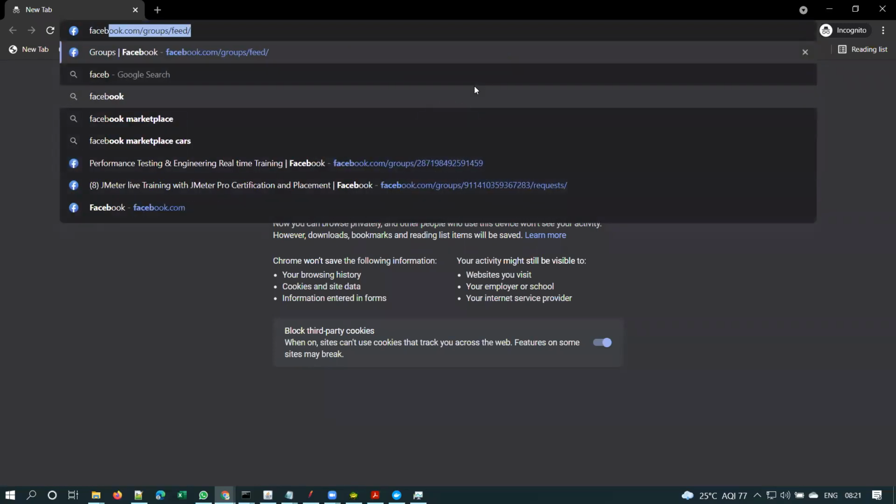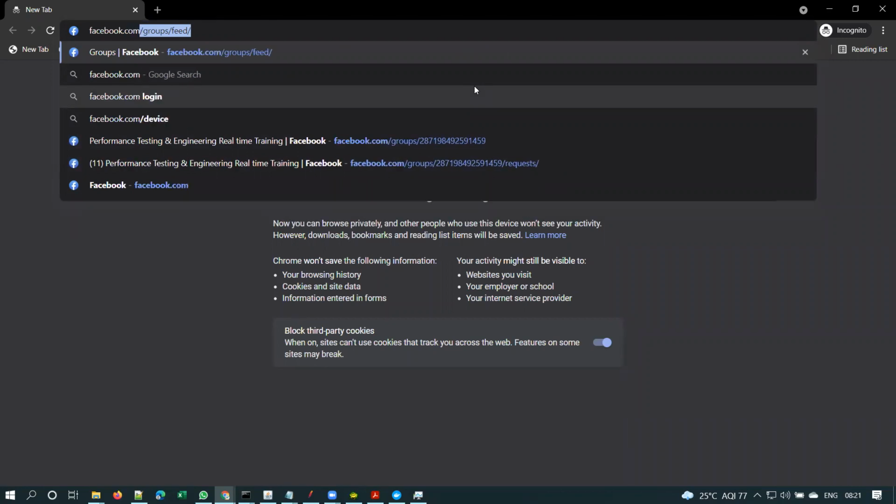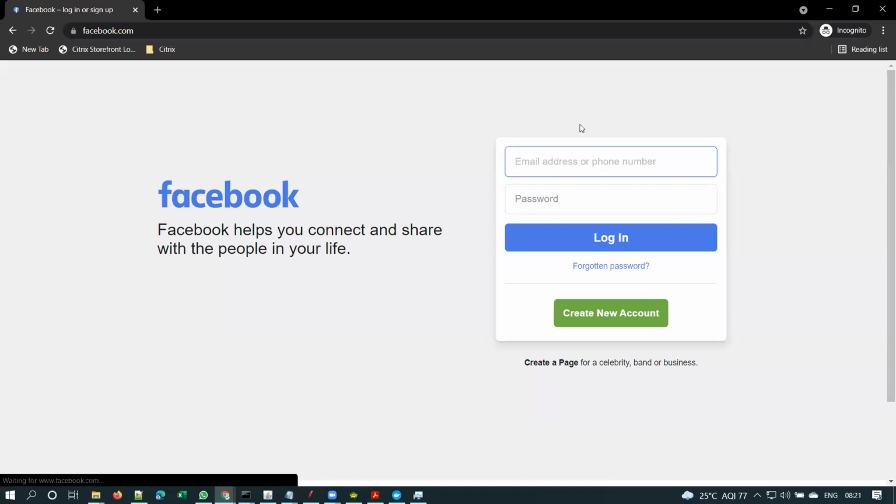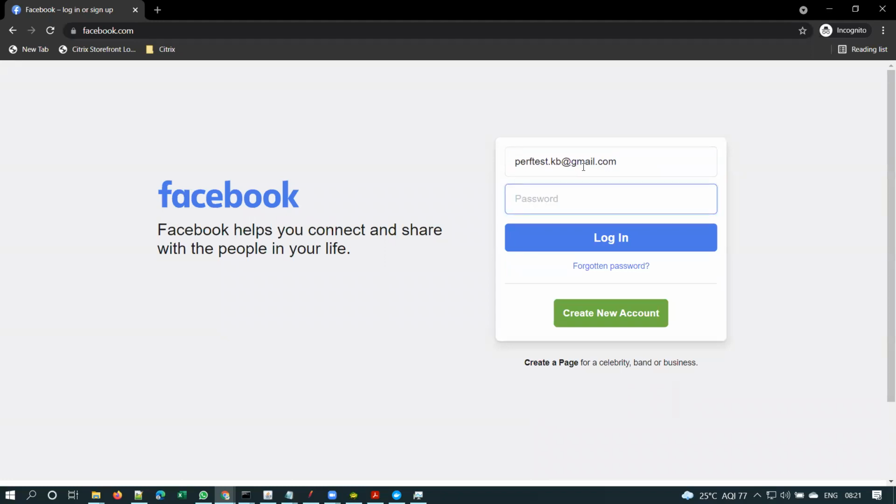Everyone has a Facebook account, right? Yes or no? Yes, sir. Right. So, Facebook recently introduced a feature, not recently, I think in 2020, last year or before 2019, they introduced a feature called account switcher. Did you all observe that? Let me log into my Facebook account.